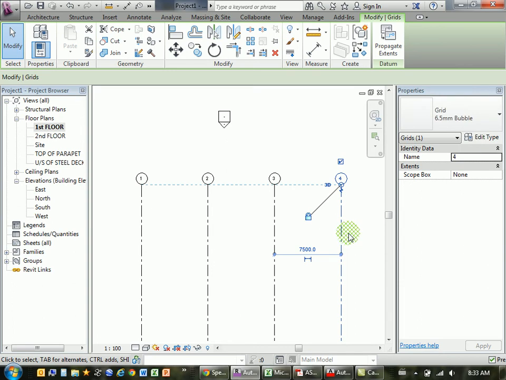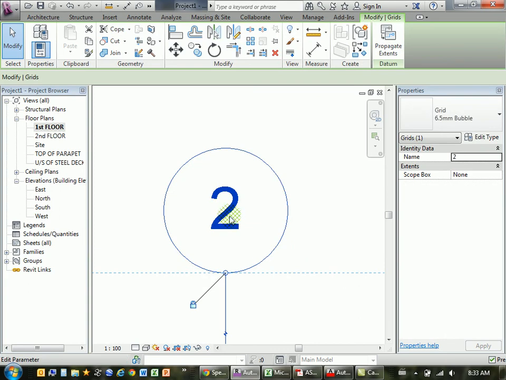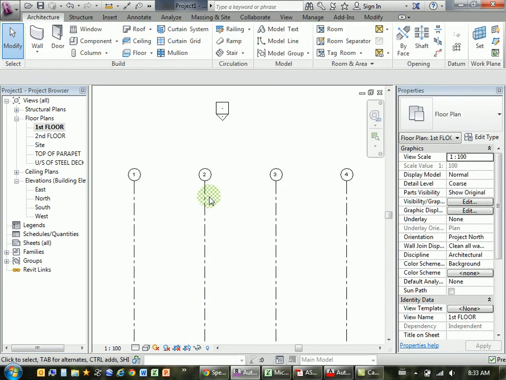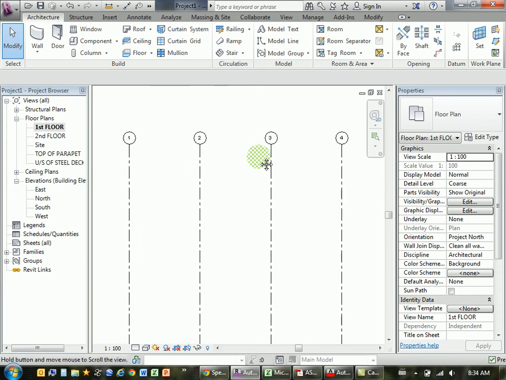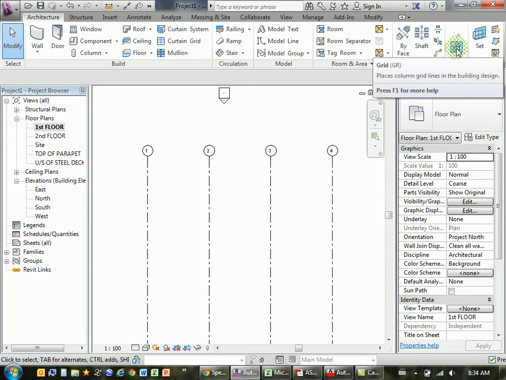If you made some mistakes, just click it and delete it. You can also just click here on the text for the grid symbol, and if that was coming up as 7, I need to change it to 2, just change it to 2. And then the next one that you create after that will be 3, and then 4, and then 5. So it has a sense for what comes next in the sequence. I don't know how far that goes. It's probably just letters and numbers. I don't think it would assume any other sequence. But once you place a certain type of number or text, then the next one's just going to be in sequence to that. Once you've got those in place, just click on the grid button again